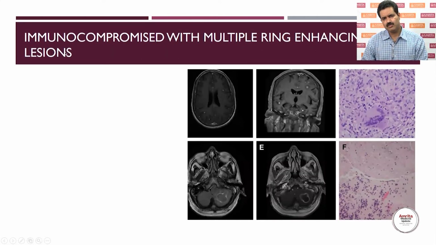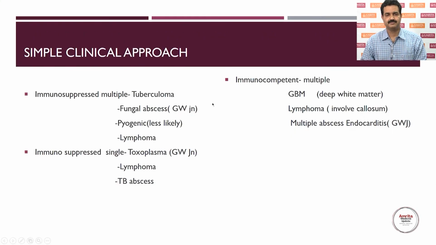So when you get an immunocompromised patient, for example, this is a patient with HIV and the patient had multiple nodular lesions. So this is tuberculoma. However, this can happen in immunocompetent patients as well. If this type of lesion happens in a patient, this tuberculous abscess, biopsy proven, you can see the tuberculous abscess with the vessel wall showing infiltrates. So basically, this is tuberculous abscess where there could be systemic symptoms. Usually, it will happen with immunosuppressed patients, but these multiple tuberculomas can happen in immunocompetent patients as well. So a simple approach would be, if you have immunosuppressed multiple lesions, tuberculoma is a possibility, fungal abscess.